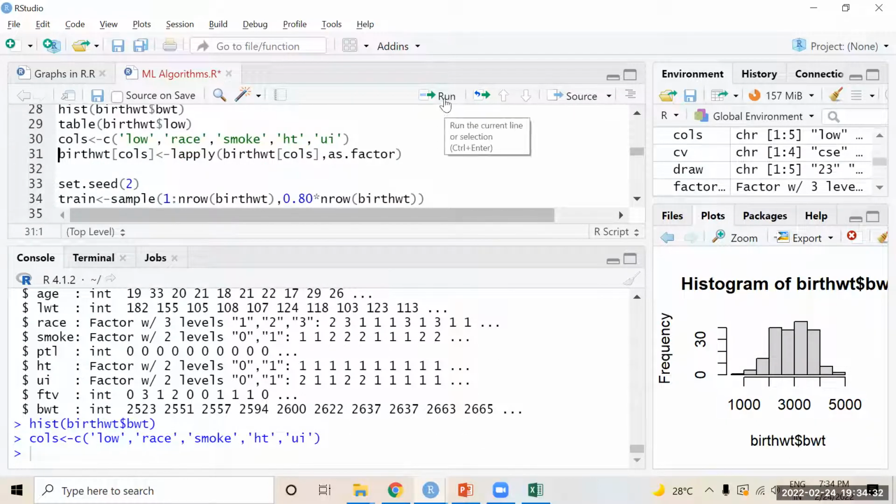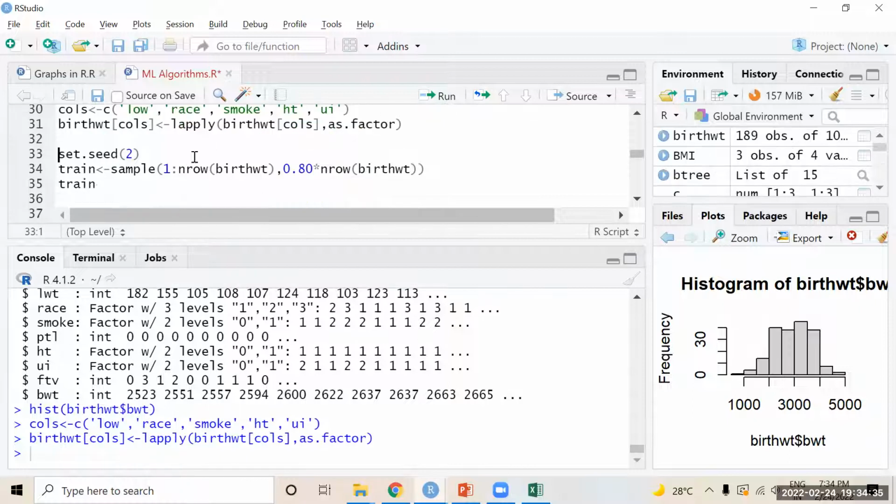Similarly, I will do some pre-processing here. So now I'm taking the training set and test set. Set.seed equal to 2 will divide the data set into 2 and the same samples will be there if you run the model again and again. Generally, if you run the model on a data set again and again, samples will be shuffled. But set.seed of 2 will ensure that once the samples are shuffled into one particular fold, those samples will not be changed. For that purpose, we are using set.seed equal to 2.